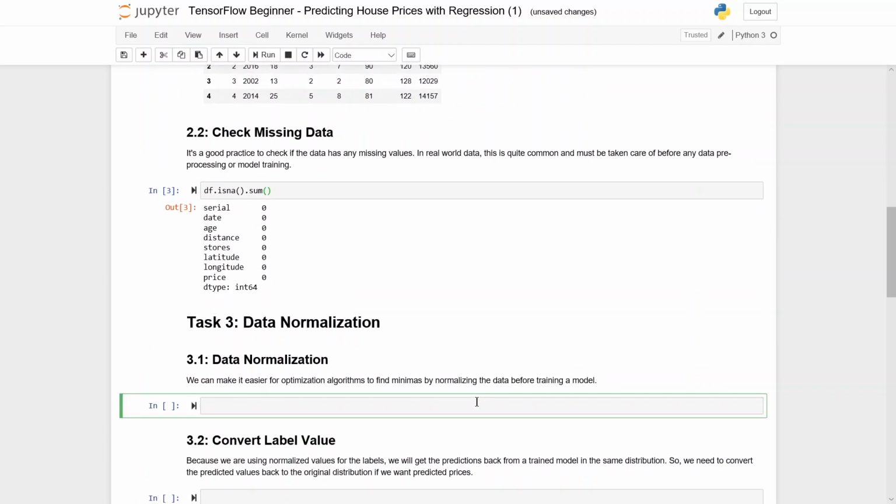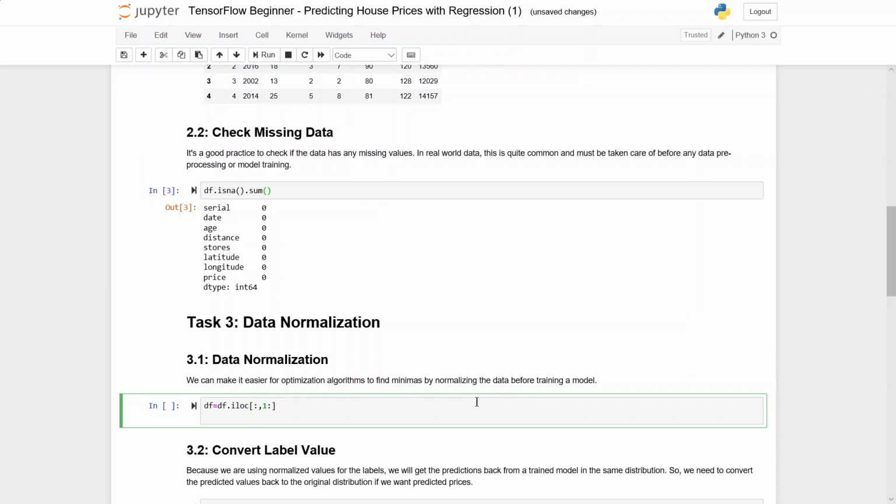For that, I'm going to use df is equal to df dot iloc, which represents all the rows and columns, and df underscore. I'm going to make use of a variable name for normalization as data frame underscore norm is equal to, I'm going to normalize it